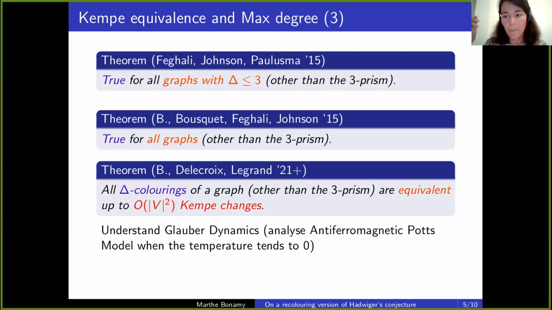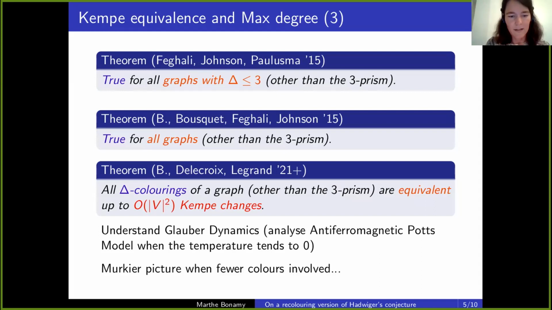statistical physics. So you have some model about how electrons behave when temperature drops to 0. Well, not drops, but gets close to 0. And to my surprise, compute changes actually help you understand that. And that's a real motivation for looking at global dynamics. So, what happens when you look at how much you need to change colorings to get from one to another. Yeah, there's a whole series of papers in literature linking the two and trying to understand one to understand